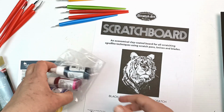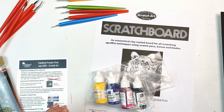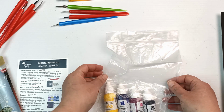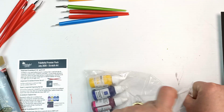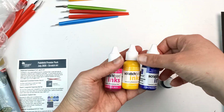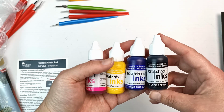And this is the other thing I was really interested about. So let's talk about these now. I had seen them advertised, I think, at the art shop, but I'd not actually seen them in the store. These come with the Scratchboard art, and I'll just open the bag. These are inks. We've got carmine red, yellow and ultramarine blue, and we've also got a black repair, which I